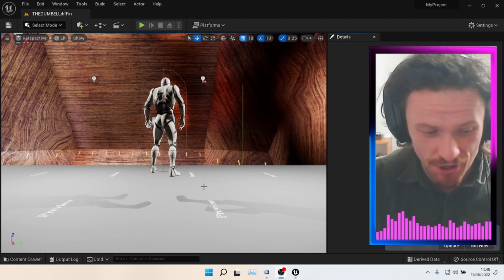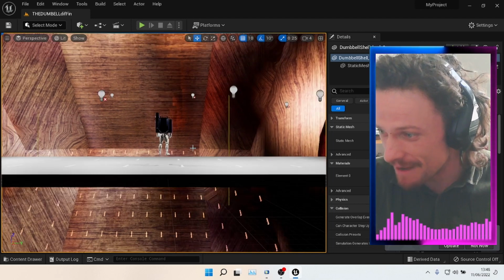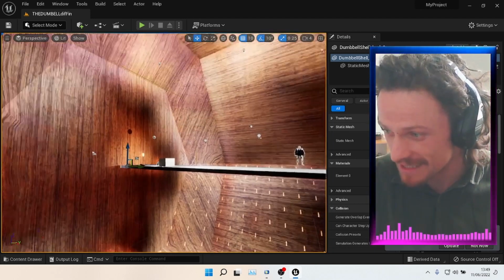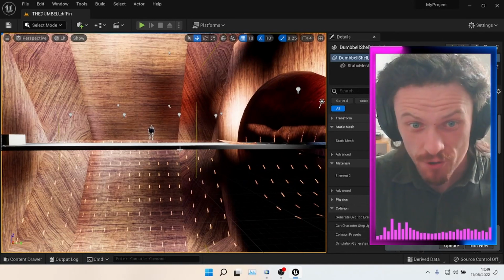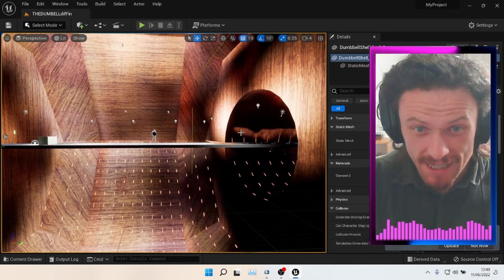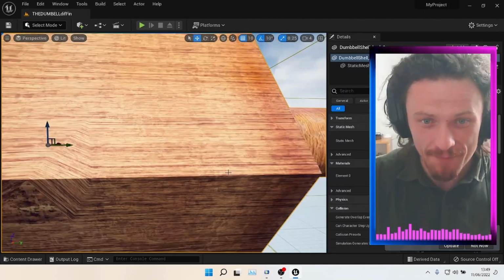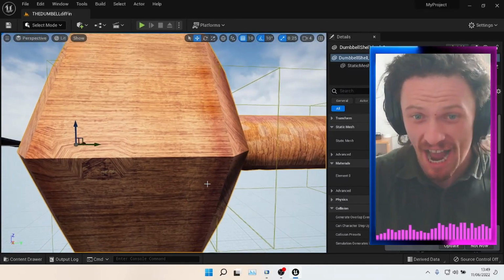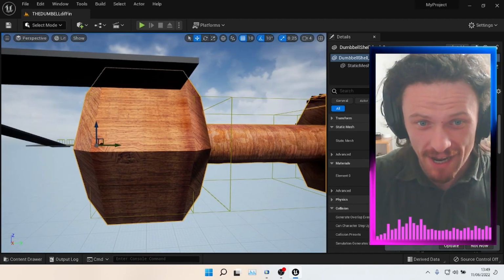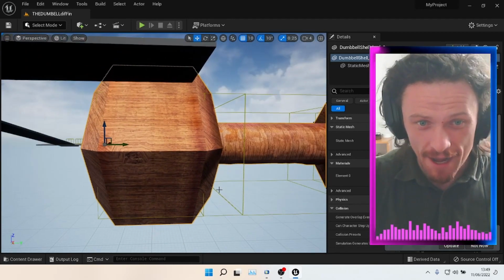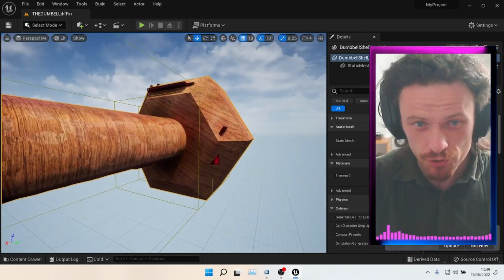Let me just show you the actual level because it looks so cool. So I made it out of wood here. This is the fat part of the dumbbell. We're actually starting in the reverberant room for our character. There's the beginning of the dumbbell tube. As we zoom out, we can see it's absolutely ginormous, so we should get some really cool sound effects. It's made out of solid wood. And then as we enter this last room,